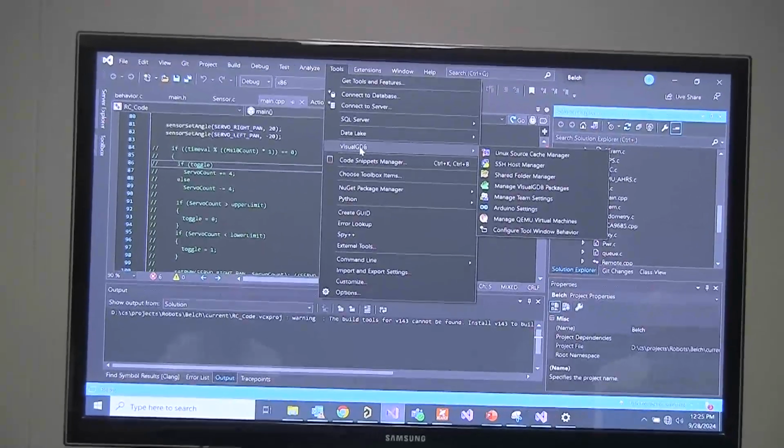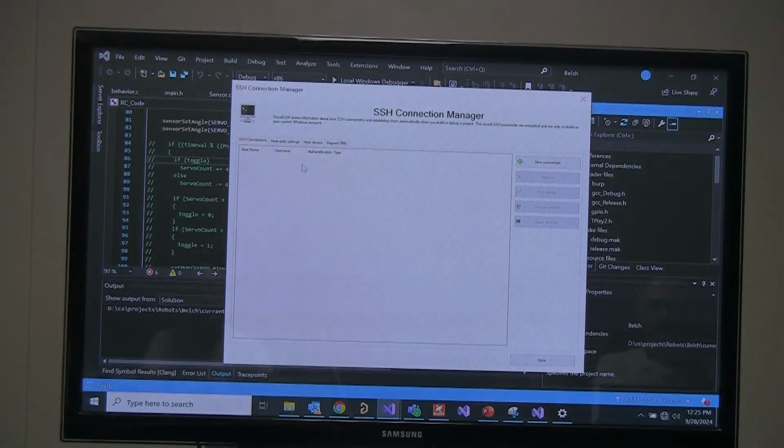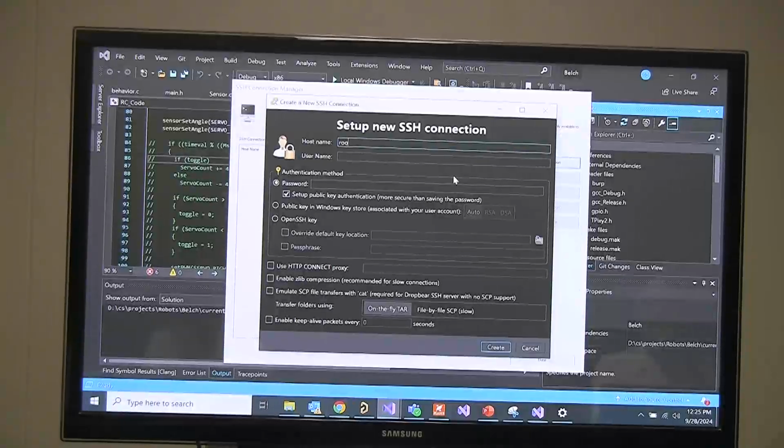So here, you would go through and you have to set up a host or an SSH connection. I'm not sure why this one doesn't have one, but we can set up a new host. So the host name is root at